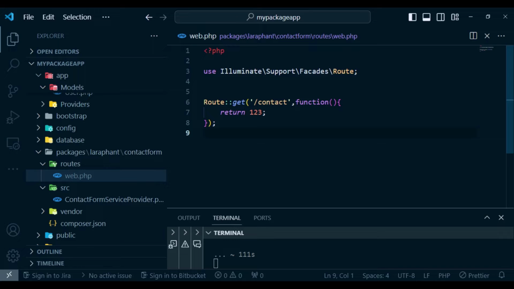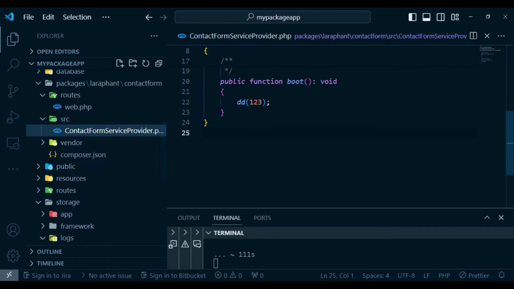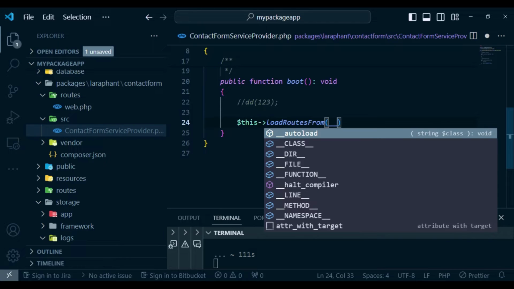Where we are going to load our route is in our source folder. We will click on the source folder and then open the service provider that we created in the previous tutorial video. So I open the contact form service provider. And inside the boot method, I would like to comment out whatever it is that we have there. And here we can just say this->loadRoutesFrom, and inside here we can have